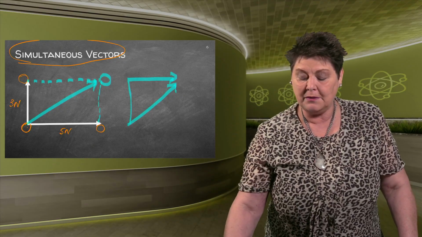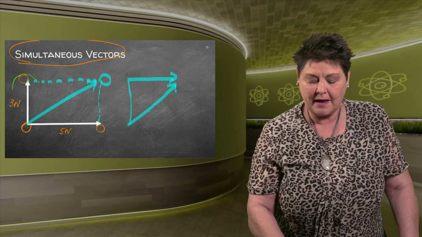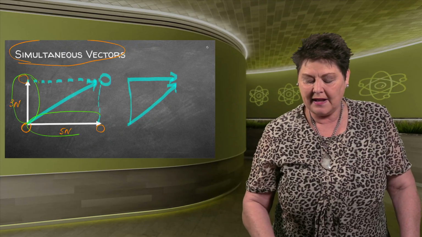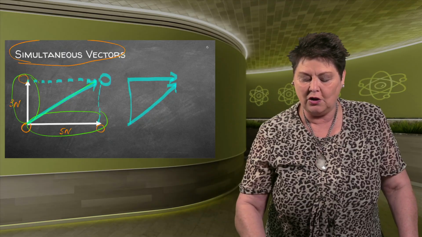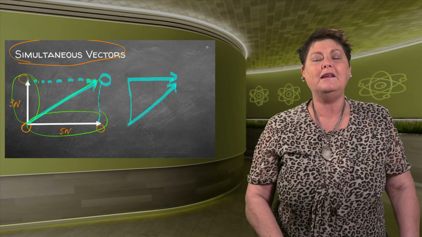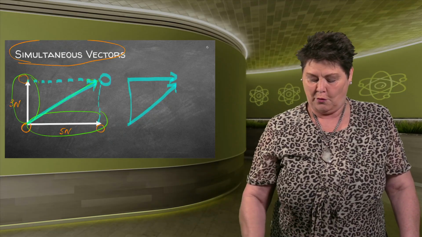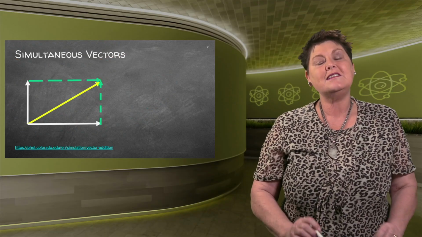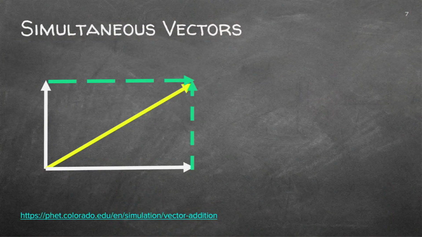But if it's simultaneous, it means it's happening at the same time, and therefore this diagonal resultant will be the answer that you are looking for. So I've got a simultaneous vector. As I said to you, we've got, let's say, 4 Newton here, and we've got 3 Newton there. We've already determined that the resultant will be the diagonal. Let's quickly name our figure so that we know exactly what we're working out.